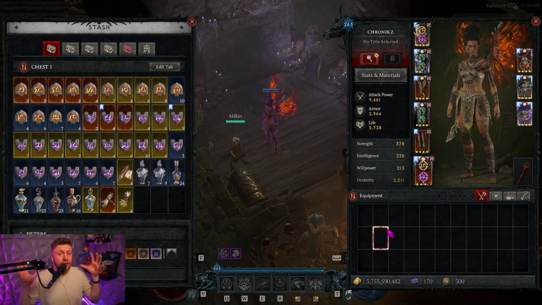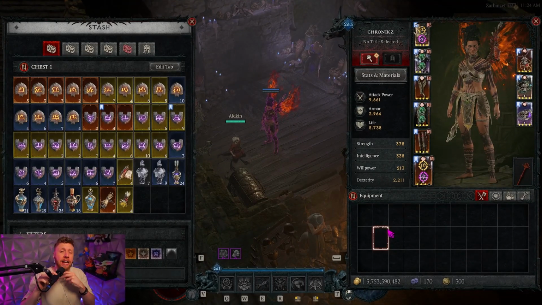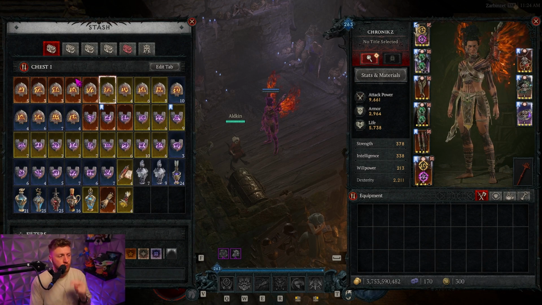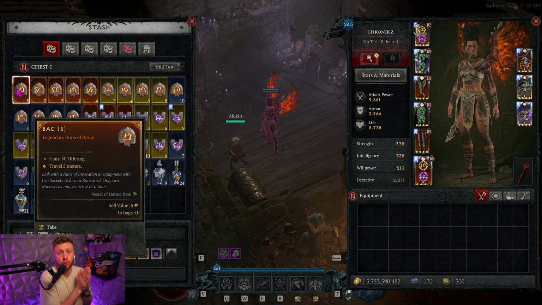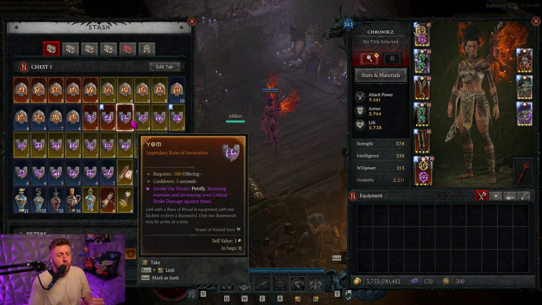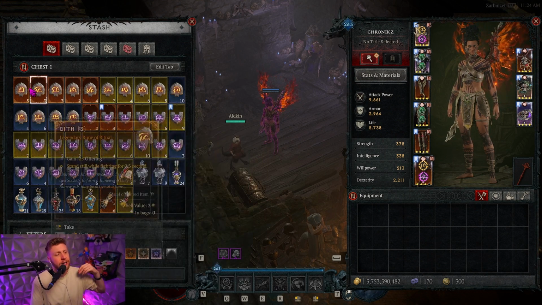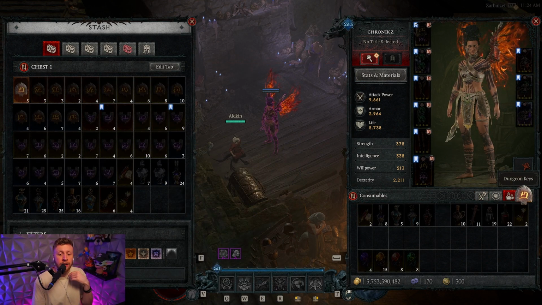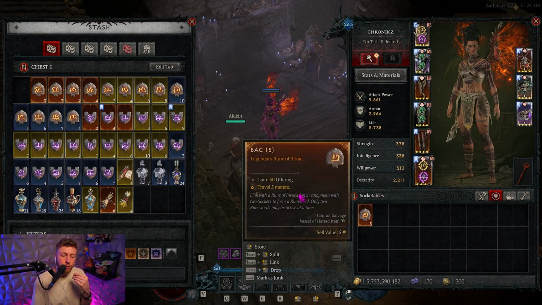With the release of Diablo 4's Season 6 and Vessel of Hatred, we will have access to Rune Words. The Rune Words are a combination of two runes, namely one of them the Rune of Ritual and the other one a Rune of Invocation. You can imagine this as one of them being a sort of trigger, whereas the other one is going to